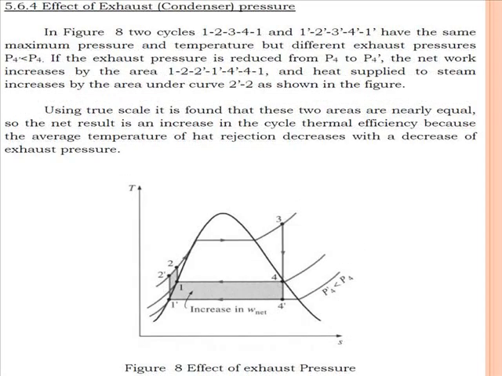Now we have to discuss what is the effect of condenser pressure. In figure number 8, you can see the condenser pressure is reduced, and when the condenser pressure is reduced, turbine work is also increased, pump work is also increased, but the quality of steam available at turbine exhaust is deteriorated. So it is not desirable to reduce the condenser pressure, even though WT, that is turbine work, is increased and efficiency of Rankine cycle is also increasing.